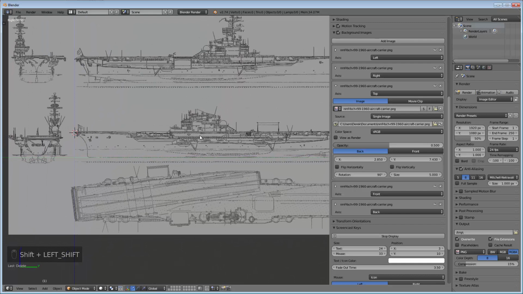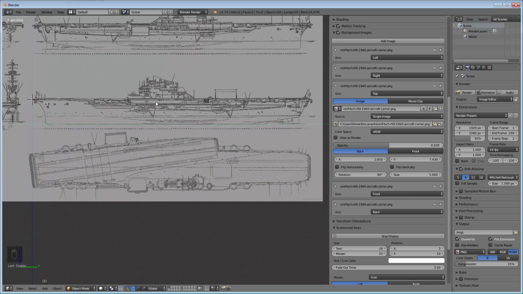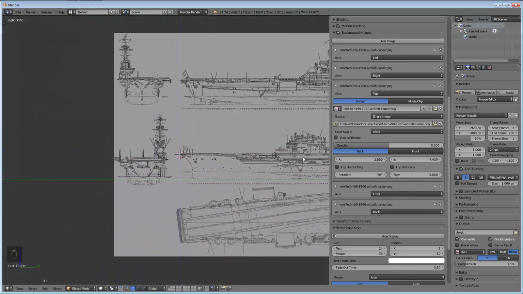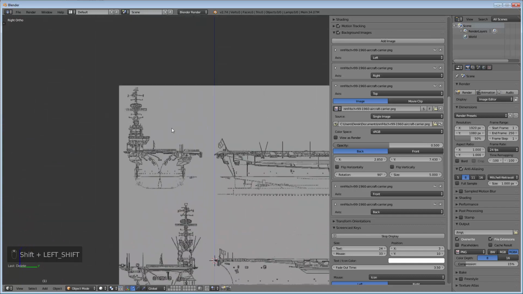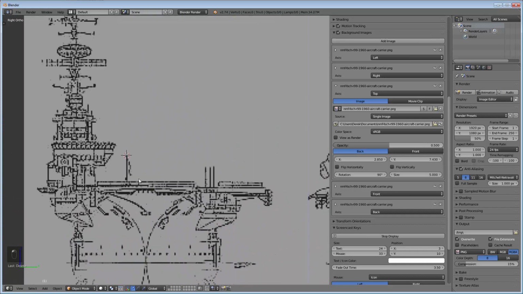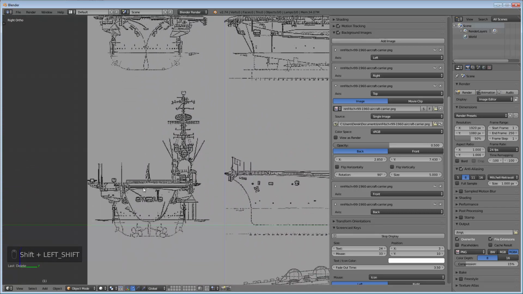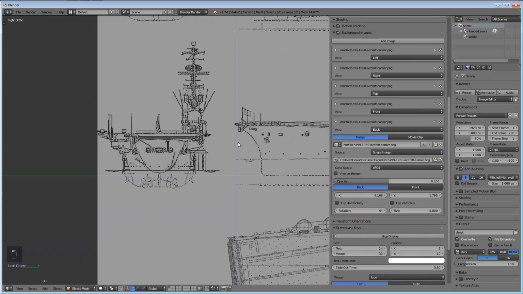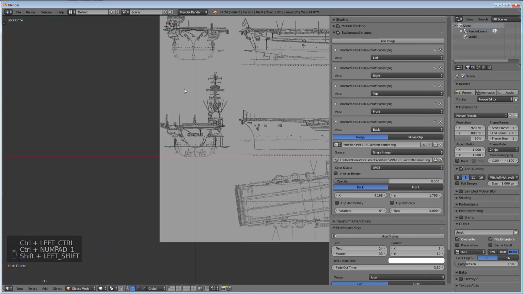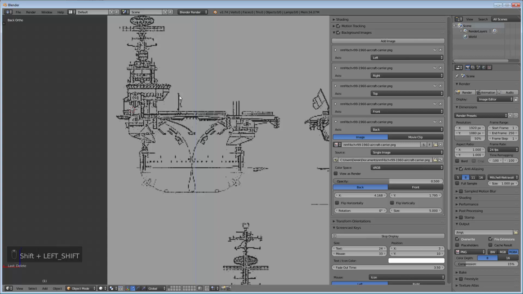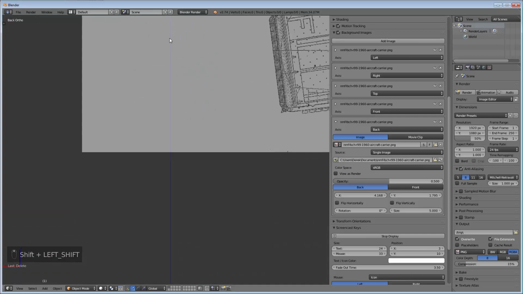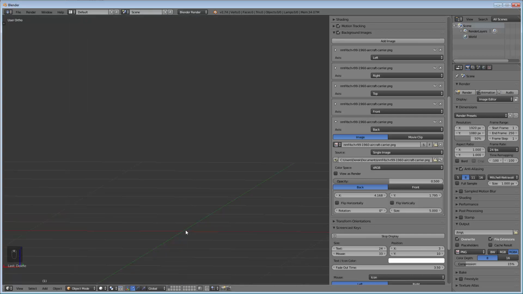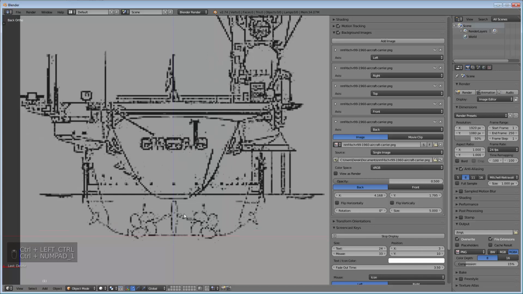Anyway, so we need to find a reference point. So I'm gonna work on the front first. On the front, we have the flag. Actually, that's not centered at all, is it? So what I'm going to do is go flip right back to my back view. I'm going to go to my back view, Control 1. Since we see that the flagpole is not centered with the center of the boat, what we're actually going to do is, whoops, sorry, back to back view, we're going to line it up with a rudder, which I think